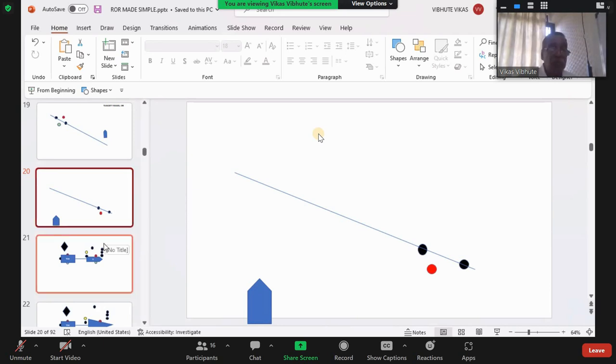Sir, I don't know the name, but Vishal said 5 times the ship length. You said 5 cables. 5 times the ship length of 200 is 1,000 meters, and 5 cables, multiplying by 182, comes out to approximately how much? 182 into 5, 910 meters approximately. So 5 cables is the answer for this. So the tactical diameter is 5 cables. The IMO criteria is not more than 5 cables for a ship of 200 meter length.